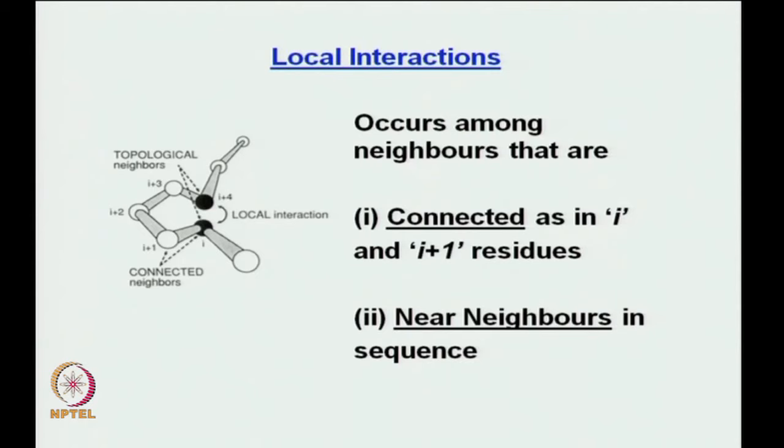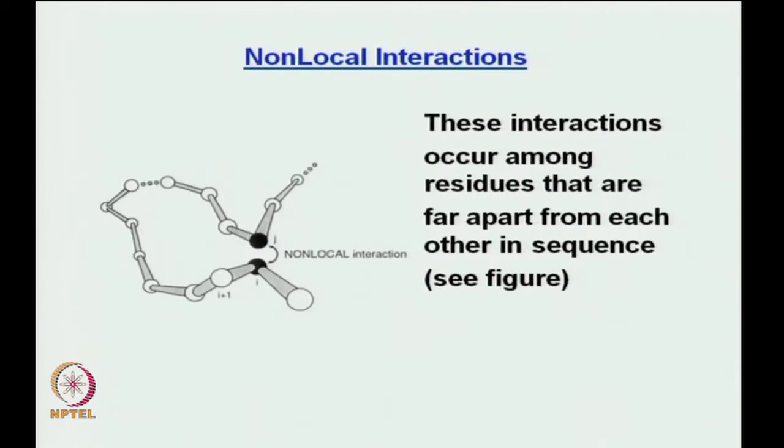Or if you look at this, remember in an alpha helix you have hydrogen bonds between i and i plus 4. The same thing happens here. If you can see it out here, you have a local interaction between the ith and i plus 4th residue. That means they are pretty near to each other in terms of the sequence. So, these are local interactions. One of the local interactions you already know is dominated by hydrogen bonding, as in the case of an alpha helix. Now, let us go to the next one, where the interactions can be non-local.